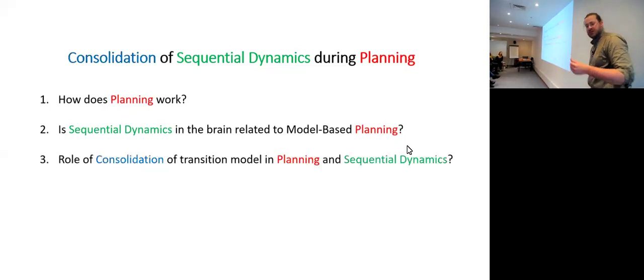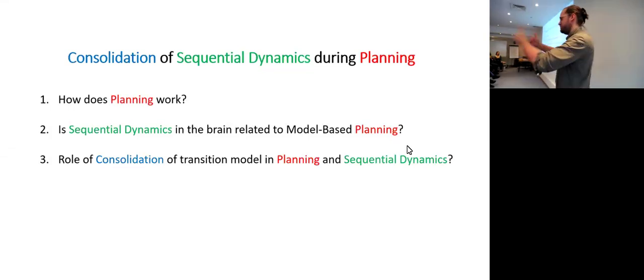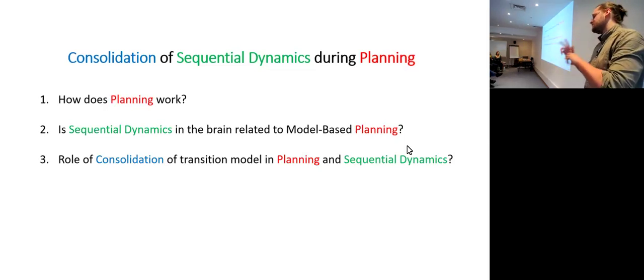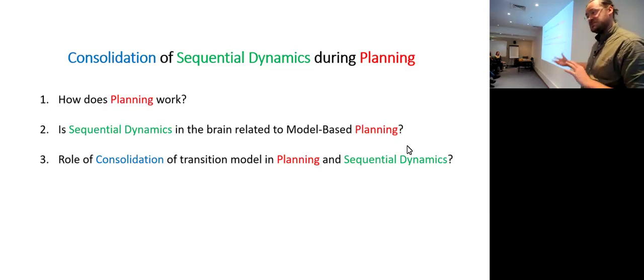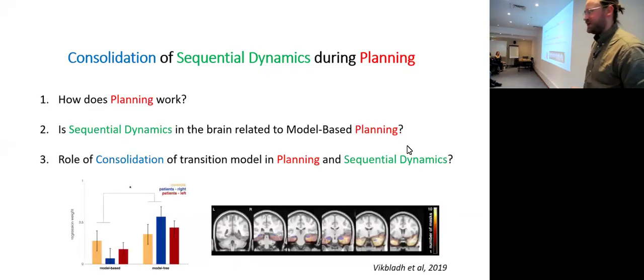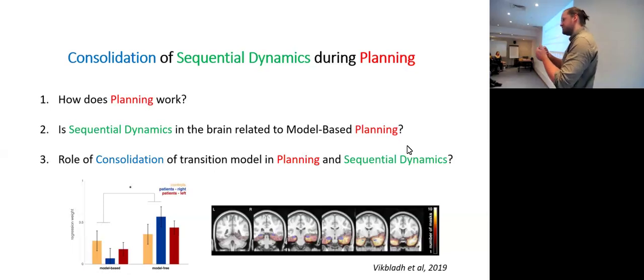So the third question is, what's the role of consolidation of the transition model in planning and sequential dynamics? The idea is that model-based rollouts happen through some transition model, and that model of the world has to be somewhere. People have thought for a long time that, well, there's the hippocampal place map, there's cognitive maps, maybe it's seated in the hippocampus. And that was the hypothesis that I pursued for my PhD, where I worked with patients that had lesions due to epilepsy to either the left or the right hippocampus,